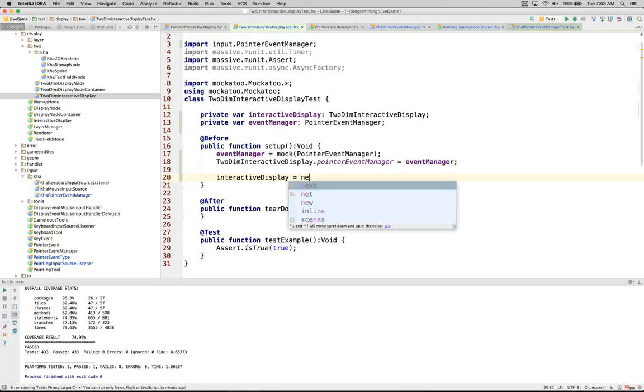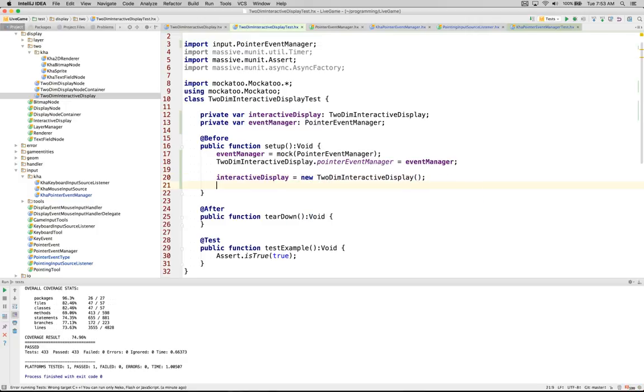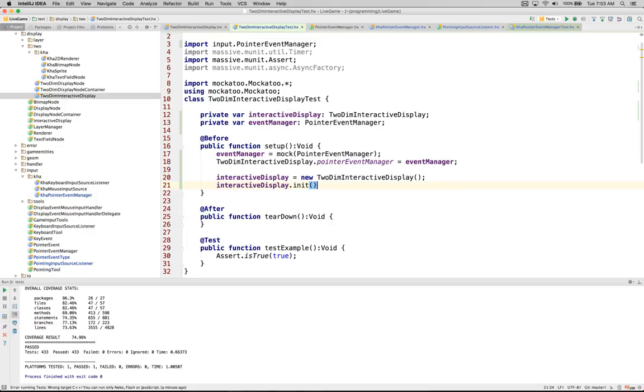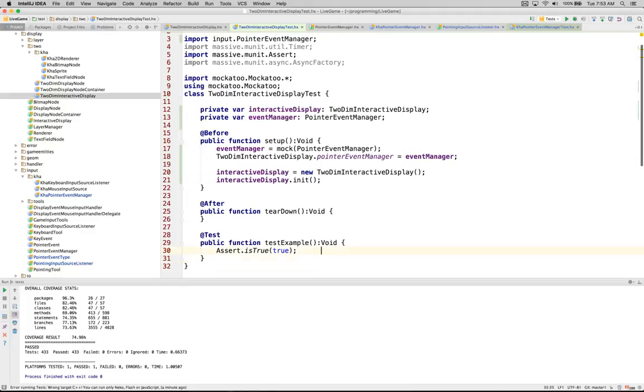Interactive display equals new two-dimensional interactive display init. Now, should register events on event manager. So event manager register event